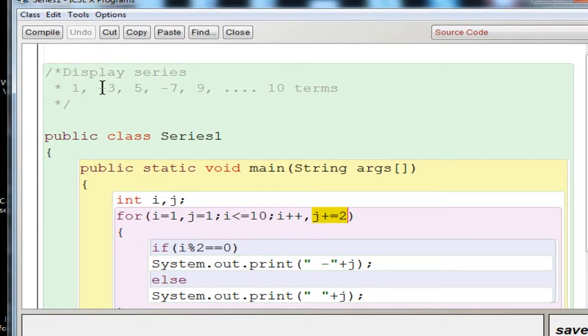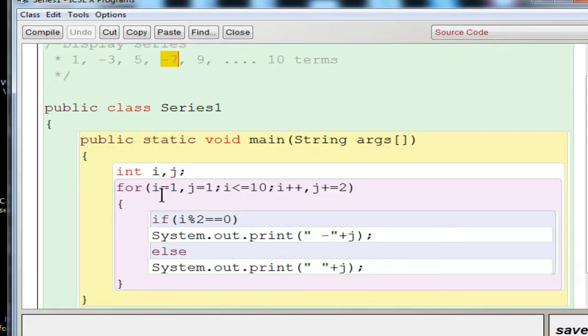Now the next thing you have to see is the second point, that is every even term has a negative sign. That is, if the i value is 2, 4, 6 and goes on, then you have to display a minus symbol in front of the number. So we are going to execute this loop, and you are going to check the condition if i % 2 equal to 0.